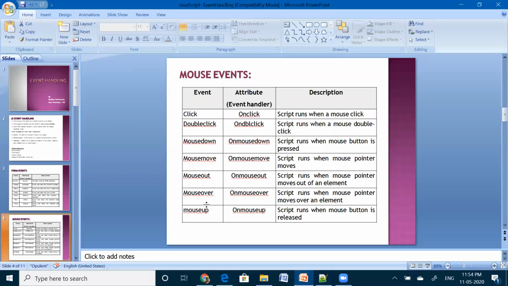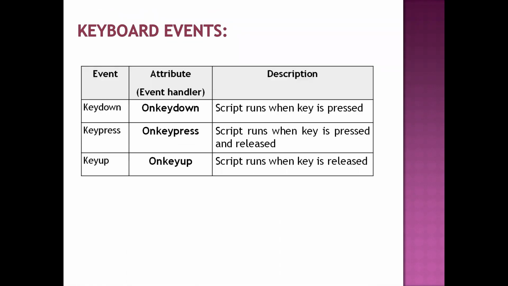Now, coming back to our discussion, the next one is keyboard events. Because of keyboard buttons also we can generate events. Let's see what kind of events will be generated with the keyboard. Again the same: key up, key down and key press. Whenever you click a key on the keyboard, your key goes down, right? At that time the onkeydown event will be generated.